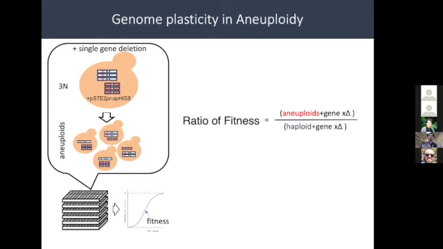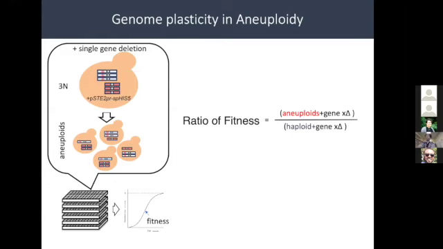So I can keep doing this, and we collect like 5,000 different genes, okay? So there are 50 plates. Each plate has 96 wells, and each well has an aneuploidy population, and each population carries a single gene deletion. So in this case, I can study, okay, whether any gene mutations promote aneuploidy,